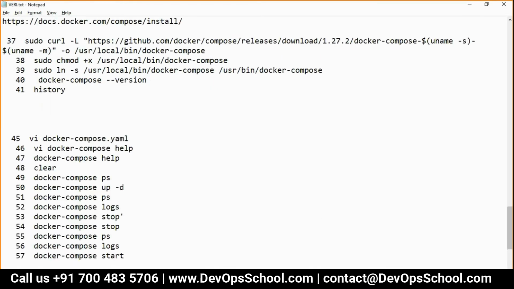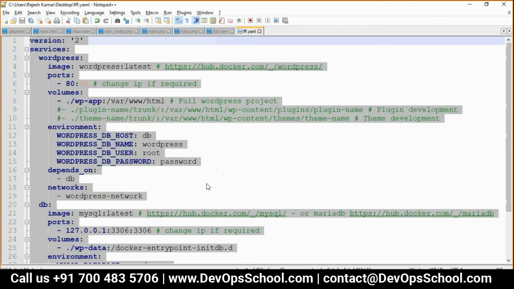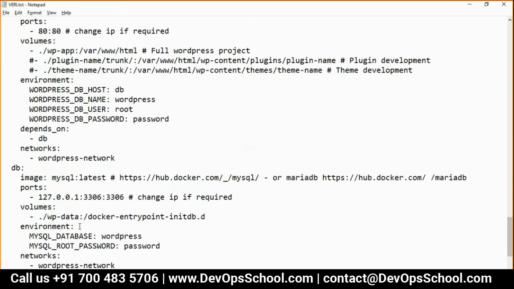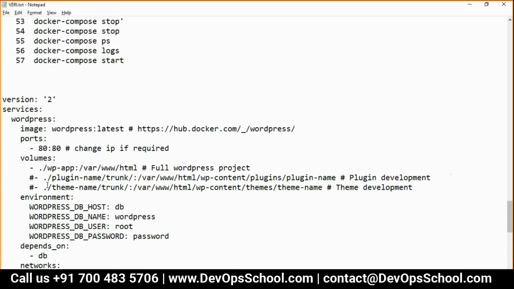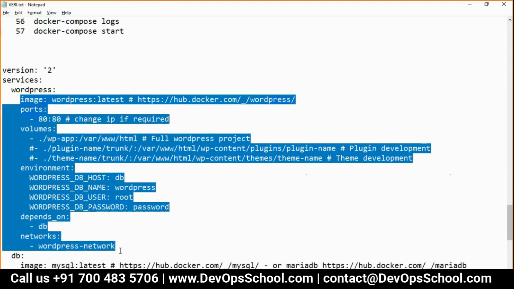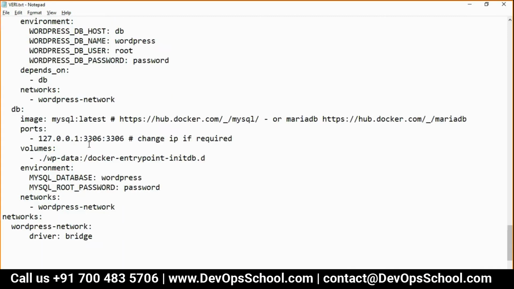So Rajesh, you created the Docker Compose file in the root file system, right? Not in a separate directory. Any place you can create the Docker Compose file. There's no problem in it. You would have a problem if there were a build operation, but I'm not having any build operation, so it's not setting up the context path. I'm just downloading WordPress from hub.docker.com, MySQL from hub.docker.com like that.